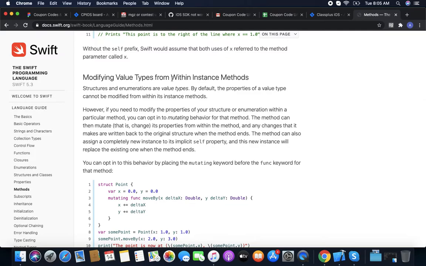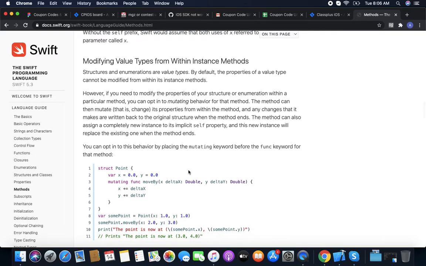Now we have modifying the value type within the instance method. As we know, if we create any structure or enum, these are value types, and value types can't be changed within the instance method.